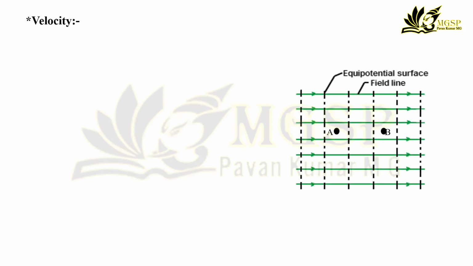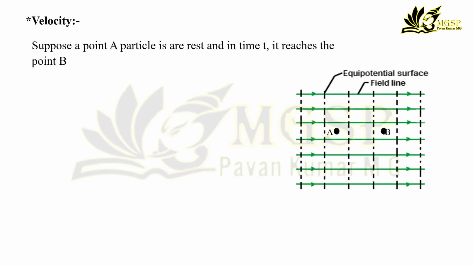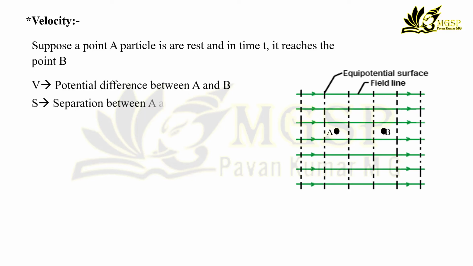Next, let's find the velocity of a charged particle in the field lines. Suppose a particle moves from A to B in time t. Velocity, potential difference between A and B. What is the potential difference? S is the separation between them. By using V is equal to u plus at, from the kinematic equation,